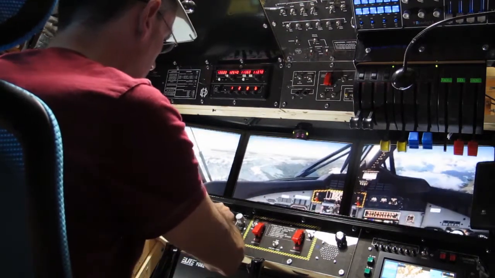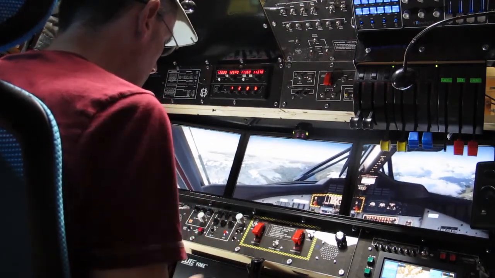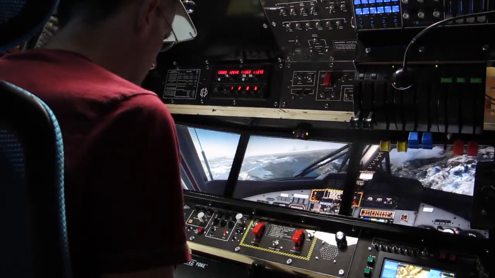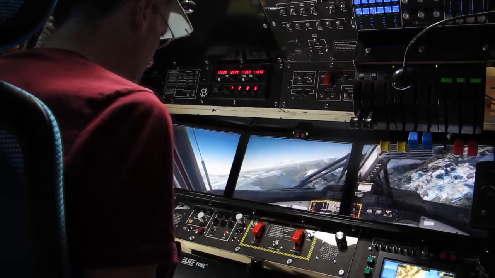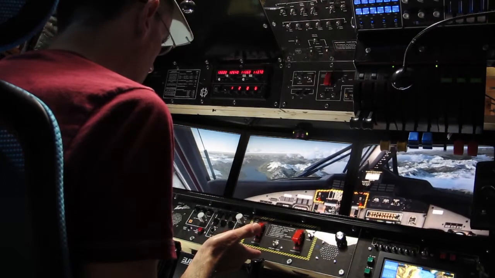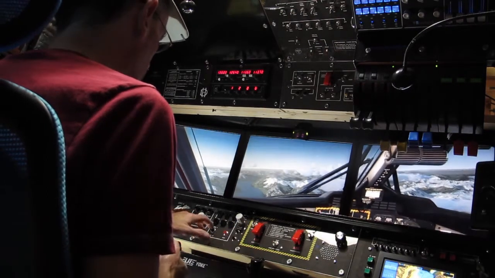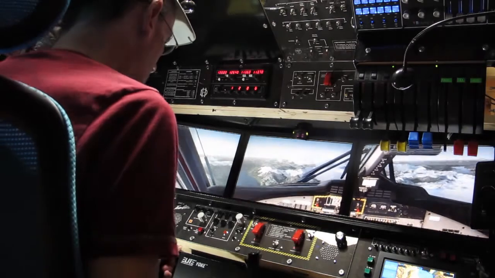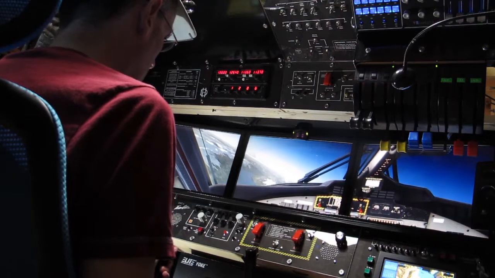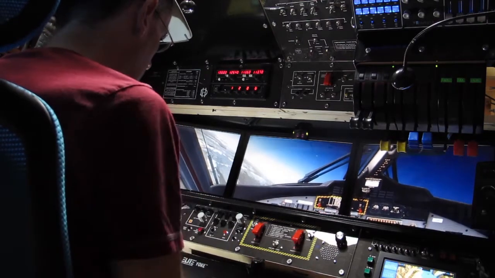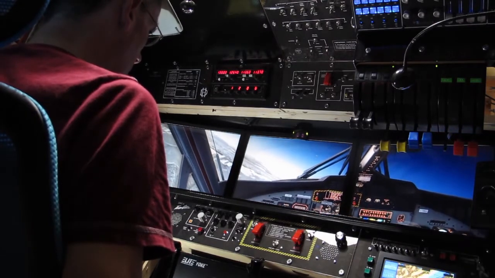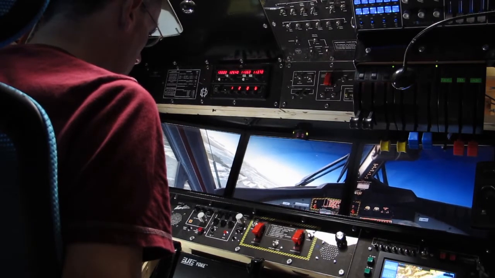And in fact, if we turn the lateral mode off and we try and bank the aircraft, again we're going to find that the autopilot resists that and tries to restore it to the bank attitude that was in operation when we engaged the autopilot switch. And if I disengage the autopilot, and I'll just do it with bank first, if I try and keep it level, but put it in about a 20-degree bank and then engage the autopilot and then let go, you should see the autopilot's going to hold that bank